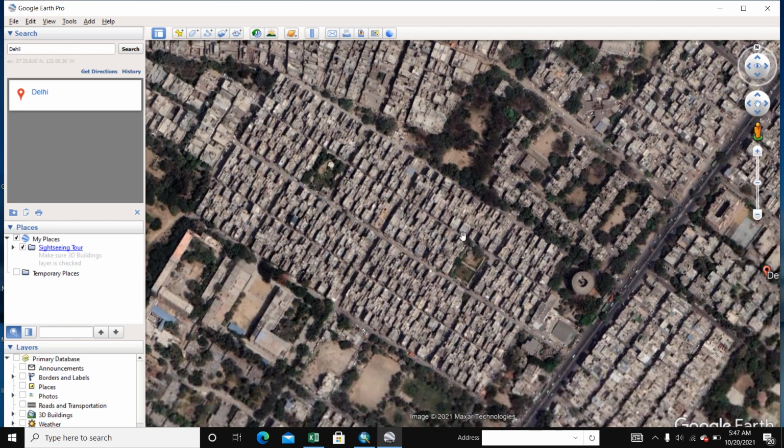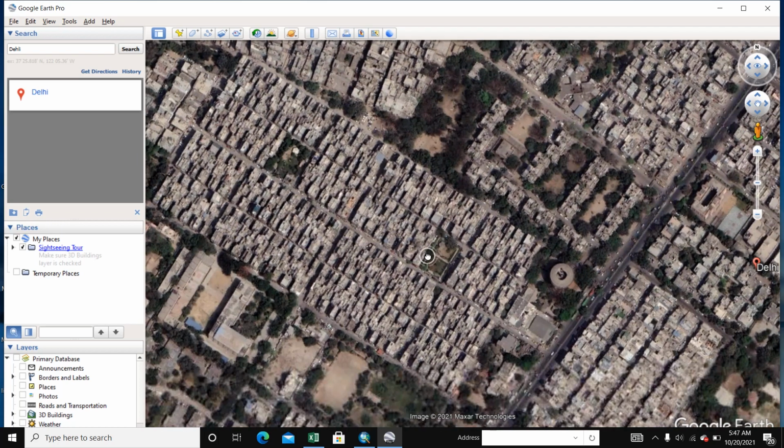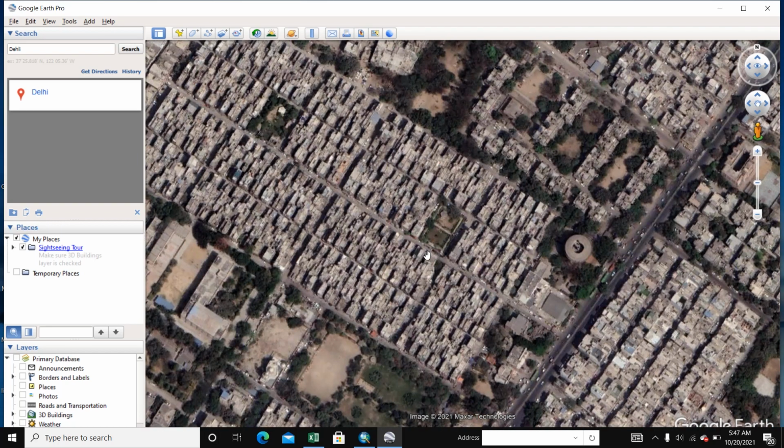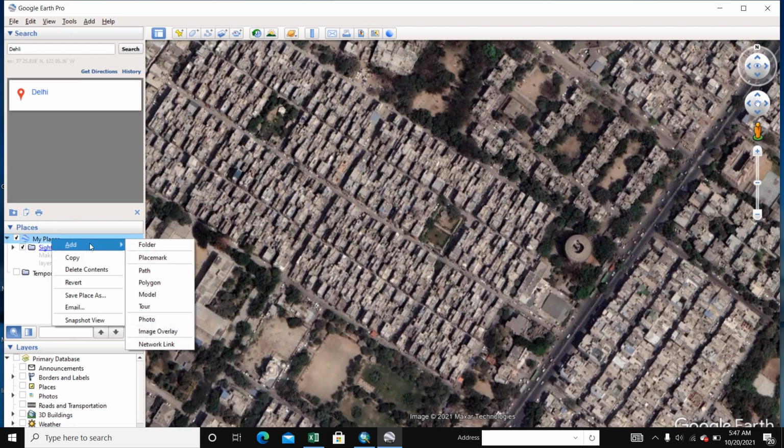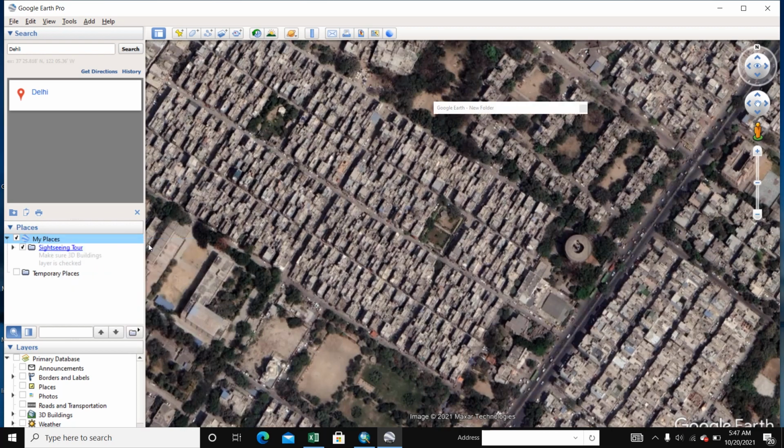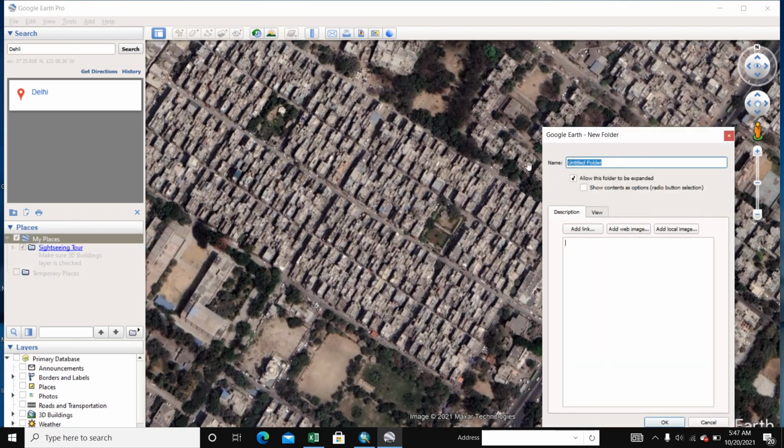We choose here and insert a point. First we create a folder: right click My Places, Add, go to Folder, write the name here, point name, and OK.